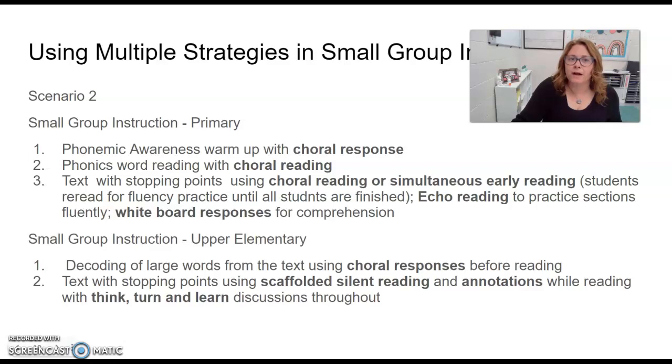Last, we have our small group instruction. Using choral responses versus individual for phonemic awareness work, warm-ups, phonics word reading drills, and for even text reading or simultaneous choral reading may be utilized so that all students have equal opportunities. To model fluency, echo reading can be used, and students can write on whiteboards for comprehension so all